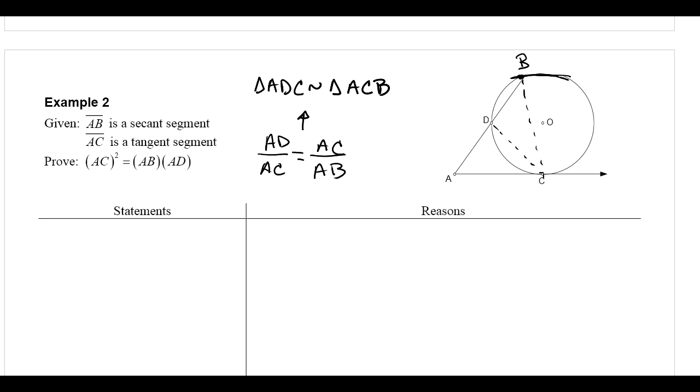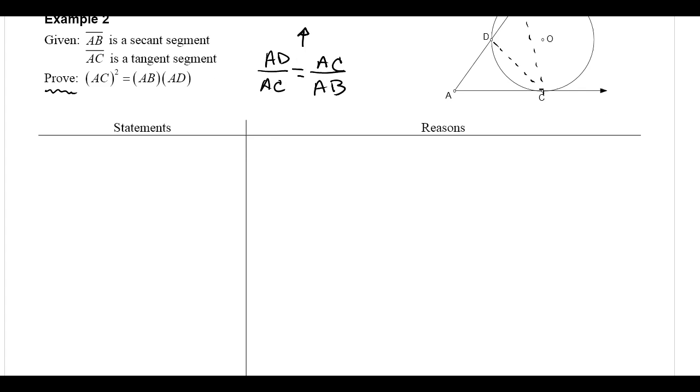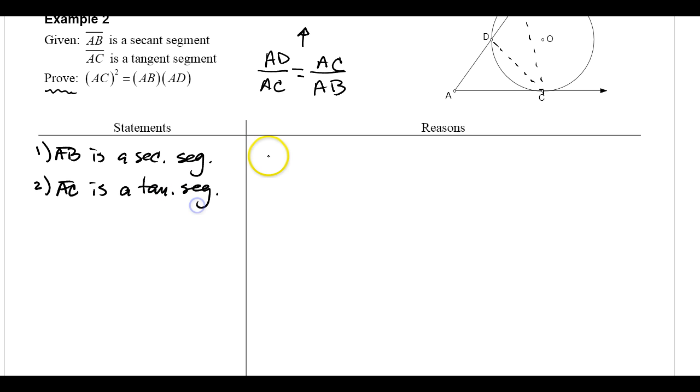Okay, so these are going to be our last two steps in our proof, the second to last and the third to last. The proof is going to be our last step. So let's go ahead and work through this. I've got our two pieces of given information. I've got that AB is a secant segment, and I've got that AC is a tangent segment, and these are both given. And we drew in two segments, so draw CD and CB,